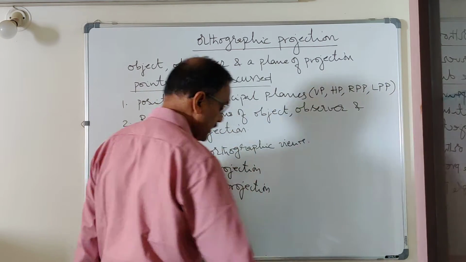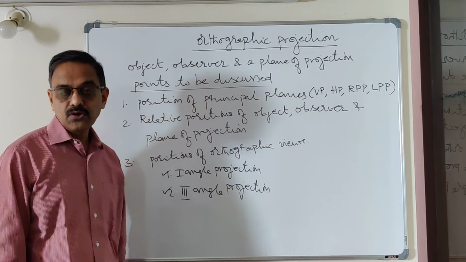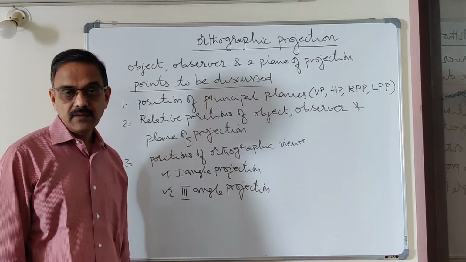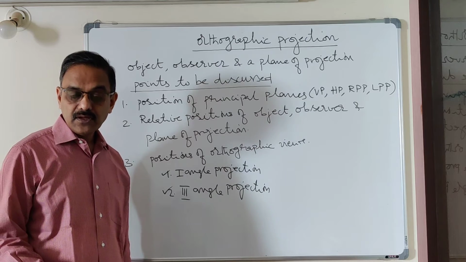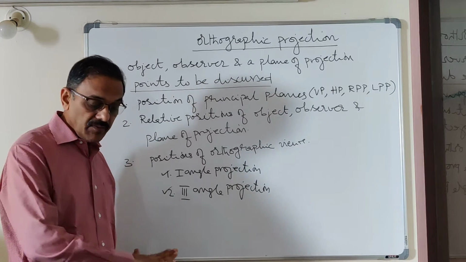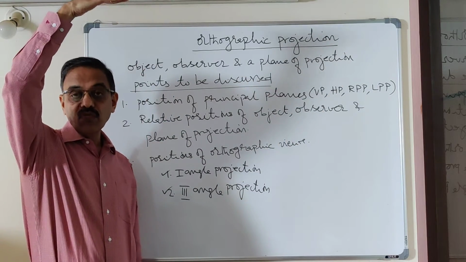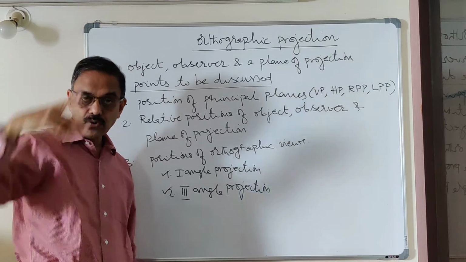Okay. Now in third angle projection, how do you position the principal planes? The planes are going to remain the same, but how do you position them? There is only one change, that is the horizontal plane. The horizontal plane, in the first case we imagined it to be the ground. Now it can be imagined to be a roof. The horizontal plane is going to be the roof now for you in a room.